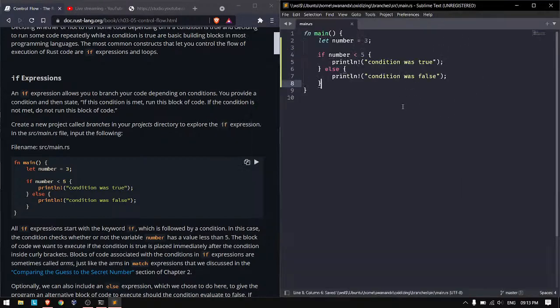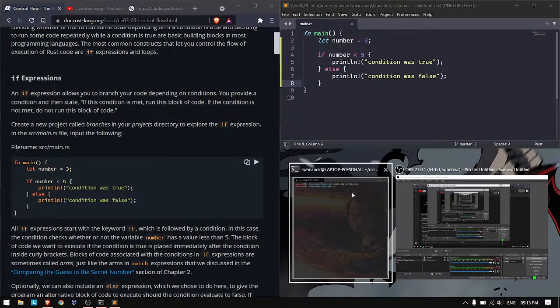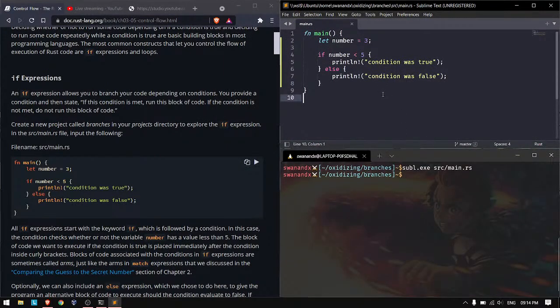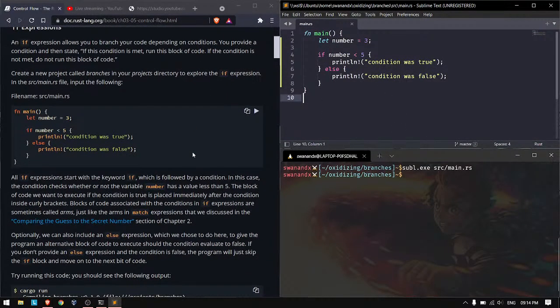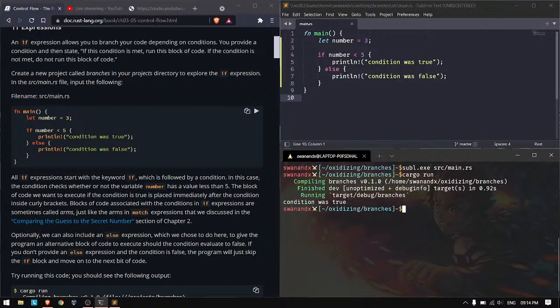Yeah, so this is our code here. And if we try to run it, cargo run, you can see it said condition was true, because what we are doing here is using an if statement. So if our number was less than 5, in this case our number was 3, so this block gets evaluated,